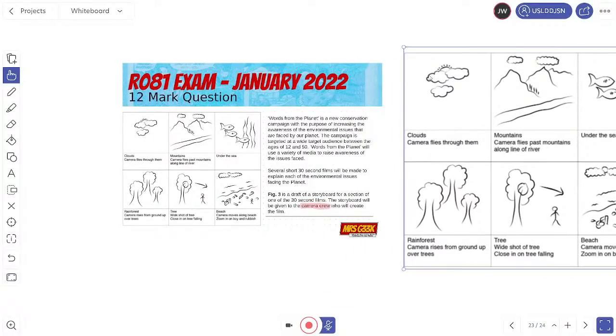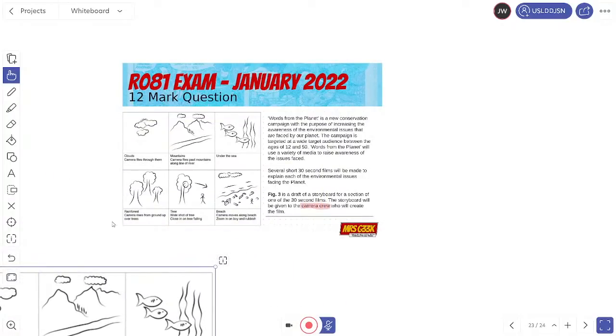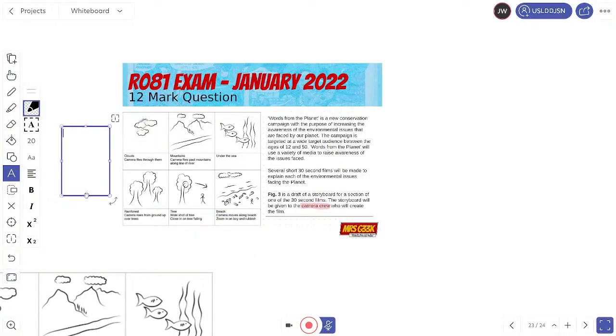So what I tend to do, in fact, this might work quite well actually, is push this out the side. You're going to start just by doing a little table with some strengths and some weaknesses. So strengths are, it has images. I know that sounds a bit simple, but the images are there and it's going to be helpful to the camera crew. So it has images.